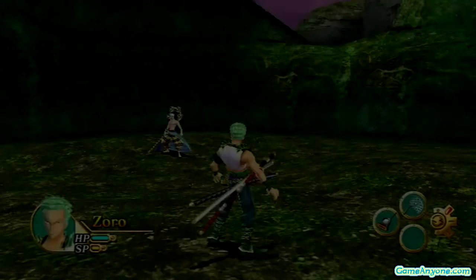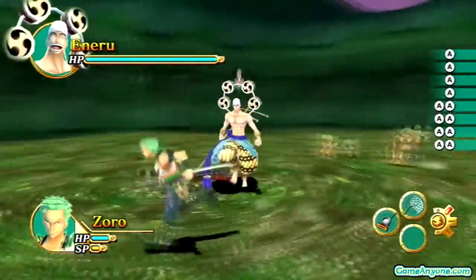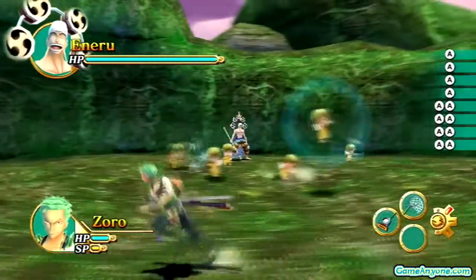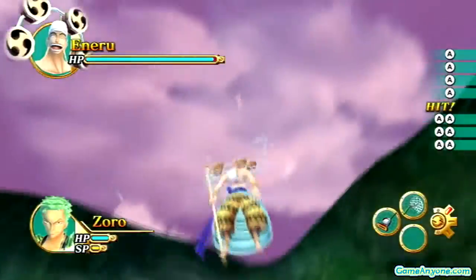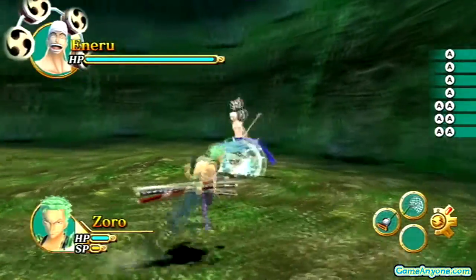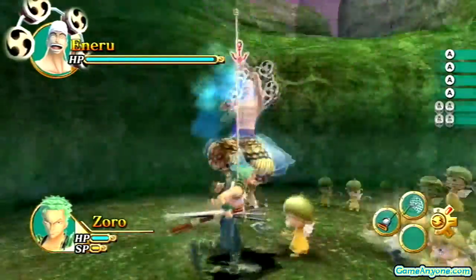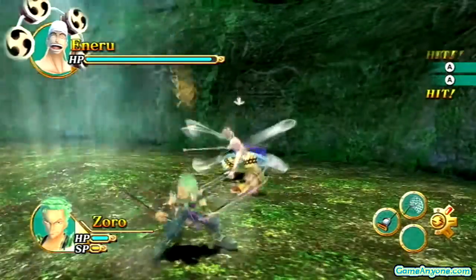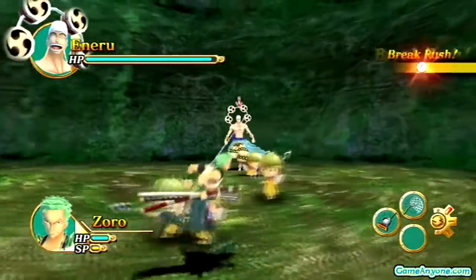And now we begin our boss fight against Enel. Enel is from the Skypeia arc, the so-called god of Skypeia. He has the ability of the Thunder Fruit. Or I believe it is the Rumble Fruit, is what it's technically translated as in English. The Rumble Fruit gives him the ability of Thunder, which also makes him out of Thunder. Enel is annoying because he will dodge a lot. We also have to deal with his little robots that are around here. So what I'm gonna do is